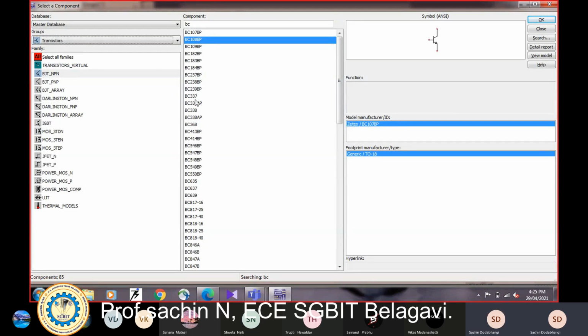In BJT NPN, it stands for BC series. Remember, when selecting the transistor, B stands for NPN transistor made up of silicon, and C stands for amplifier application. So I'll take a BC547 transistor.